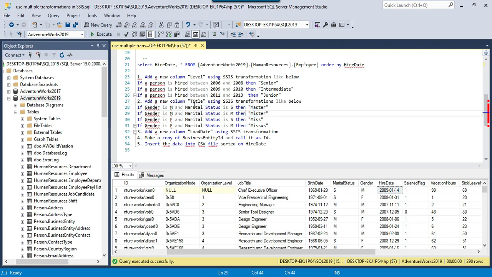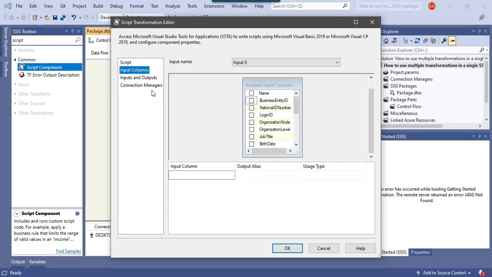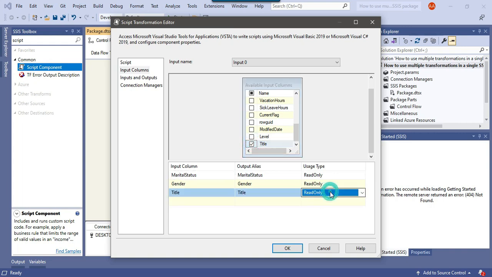So we are writing into the title column and reading the values from the gender column and the marital status column. In the input columns we will be using marital status and gender, with usage type read only, and the title will be read write because we will be writing the data into the title.